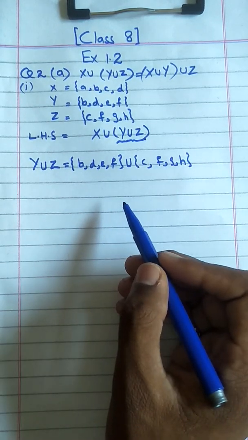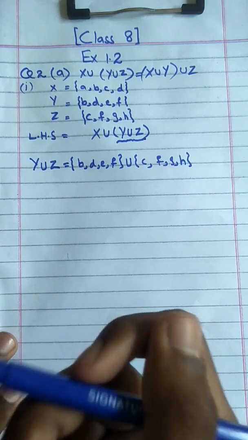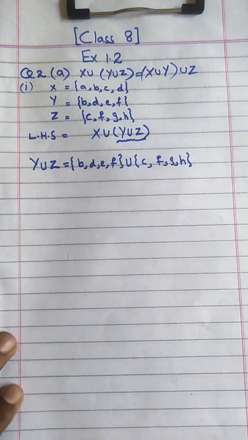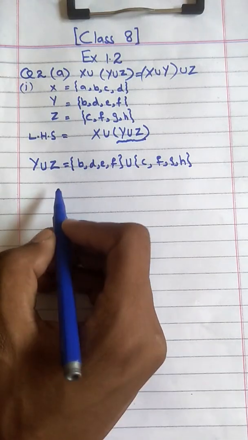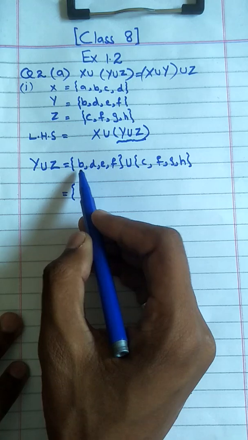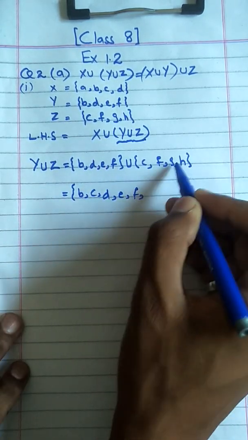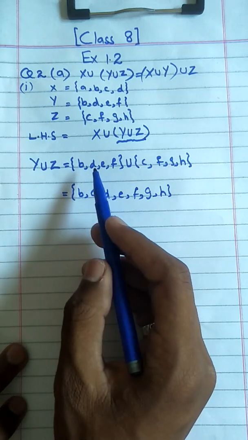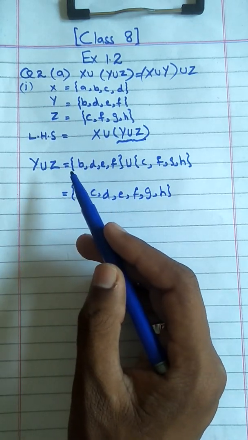As you know, in the union we write the members of set A, set B, and both sets. We have to write all the members of both, but in sequence, and no member should be repeated. So first of all write Y union Z. As in the alphabet, first B, then C, then D, then E, then F, then G, then H. We have arranged them in alphabetic sequence and written all the members of sets Y and Z according to the given sets.